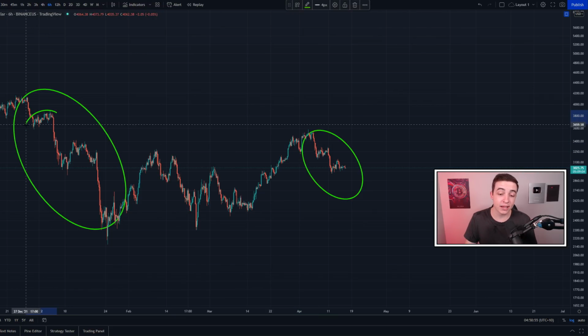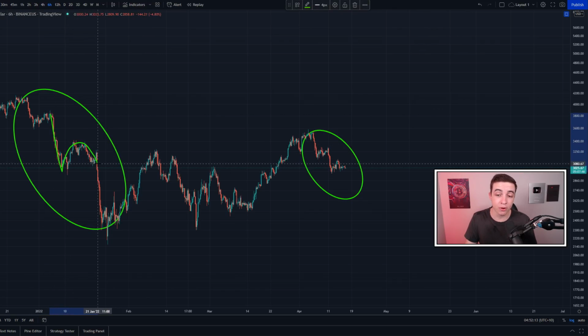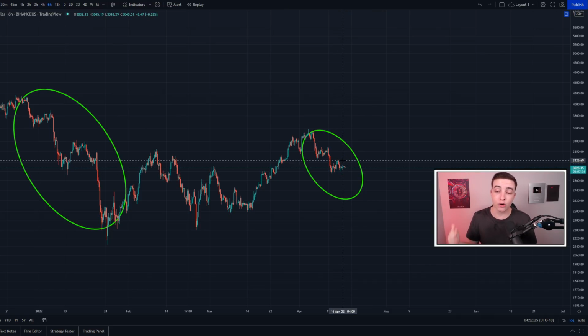And then what came next back at the end of last year, leading into the beginning of this year, was a bit of a sideways consolidation, but trending slightly to the upside. And we saw pretty much the exact same thing from the 7th to the 10th of April this year. And then back in January, we had another drop followed by a slight bounce in the price of Ethereum. And that is pretty much where the price of Ethereum is sitting at right now, according to this fractal.